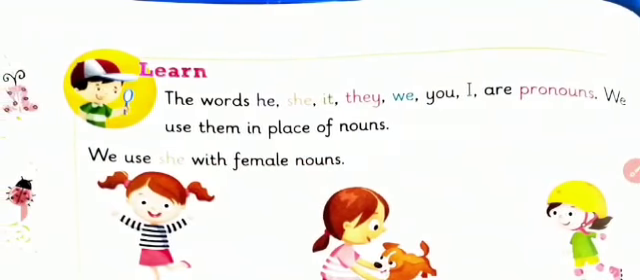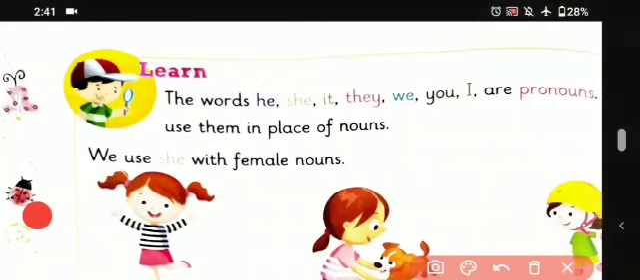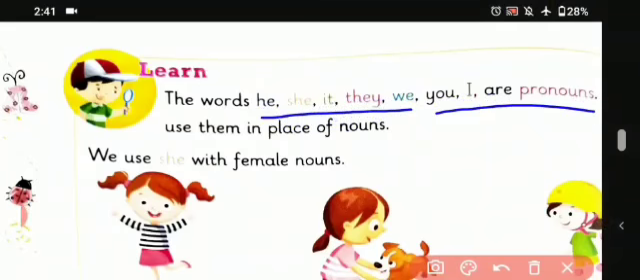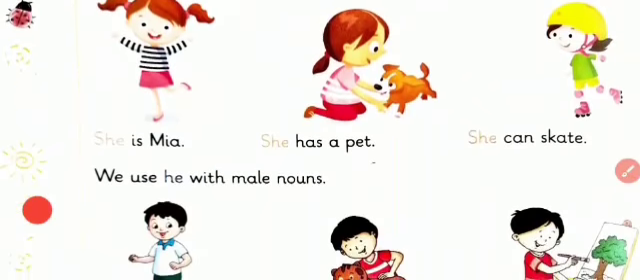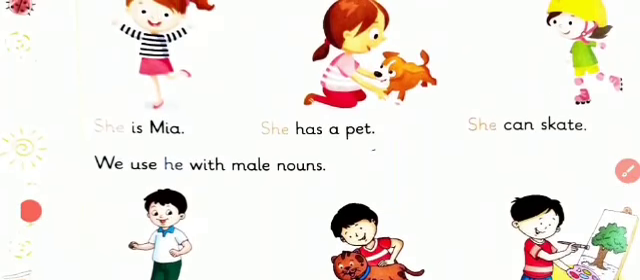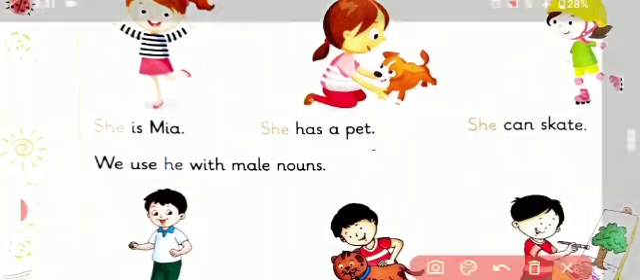So now we will learn who exactly the pronoun words are. The words he, she, it, they, we, you, I are pronouns. Use them in place of nouns. So students, as I have told you that pronouns are the words which are used instead of nouns. We use she with female nouns. Like if she is a girl, then we will be using she instead of her name. Like this,